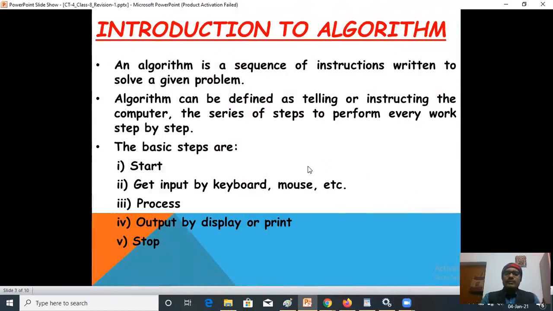What is an algorithm? An algorithm is a sequence of instructions written to solve a given problem. And these instructions are written in English language in your own sentences. You have to write an algorithm for solving any type of problem, either it is a mathematical problem or it can have some logical decisions. Okay, you have to write the algorithm for solving any problem by using English language in a step by step